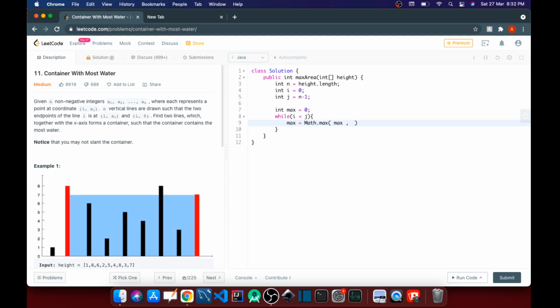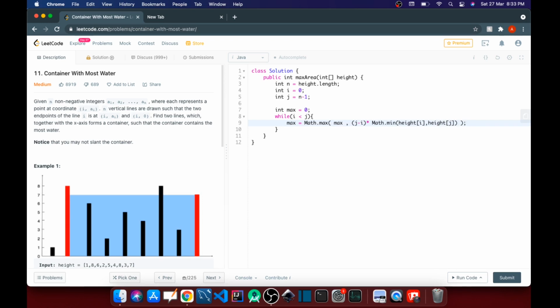So we have length into height, where length is j minus i, right? This is the horizontal distance between the vertical lines, multiplied by the actual height. We discussed that we have to take the minimum of both vertical heights, so we take Math.min of height[i] and height[j], right?